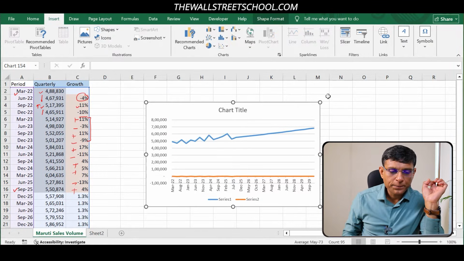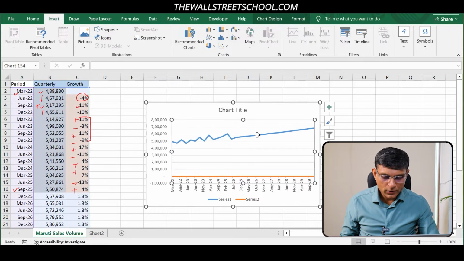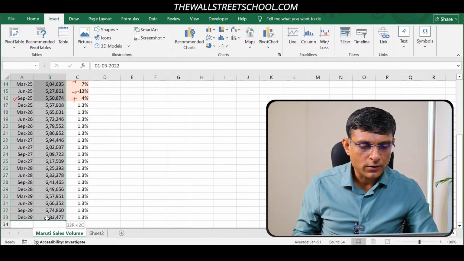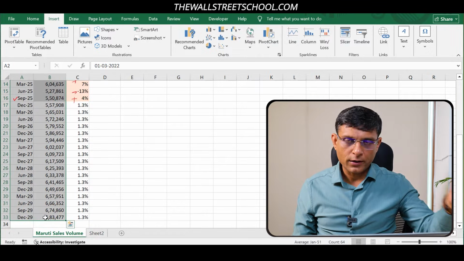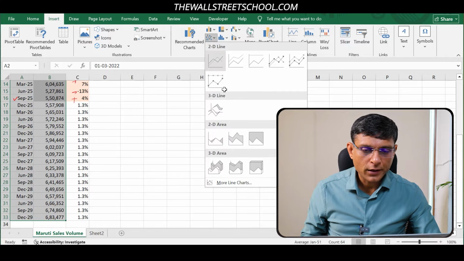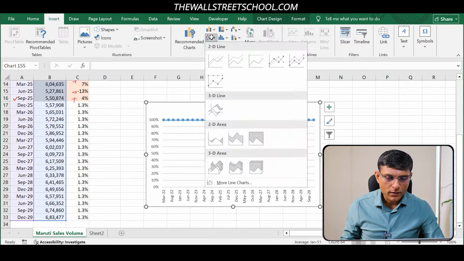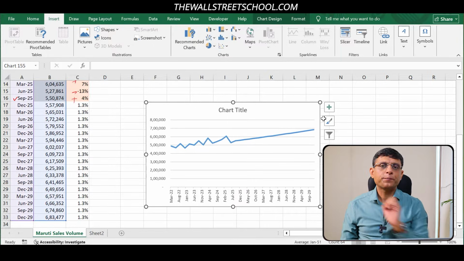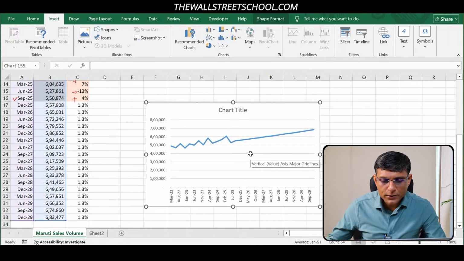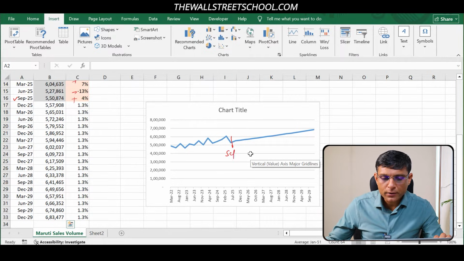Now guys, you can see here, I should not pick this growth percentage. So let me just recreate this chart. I can just create the chart based on the quarter ending date and your sales volume. So insert line chart, yeah, this one, sorry. Now guys, you can clearly see that up till here, September 25,